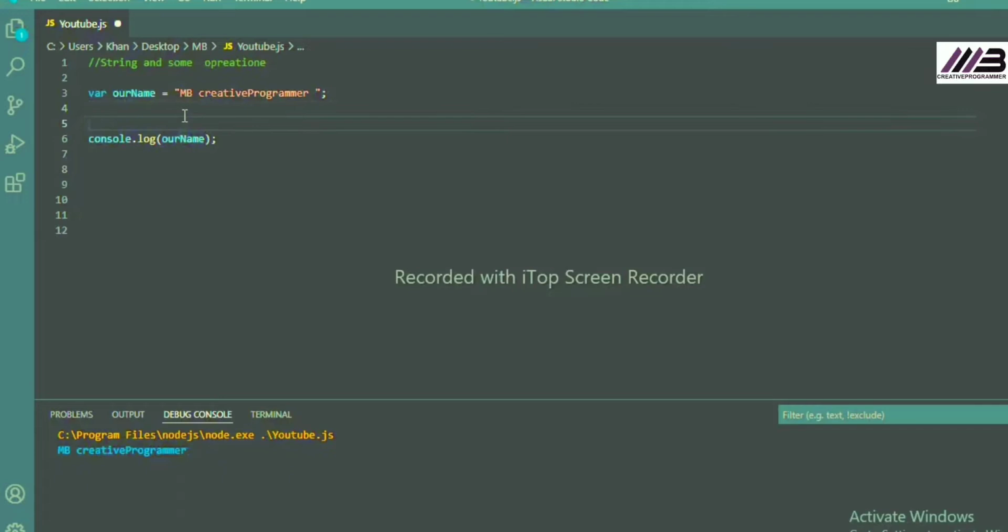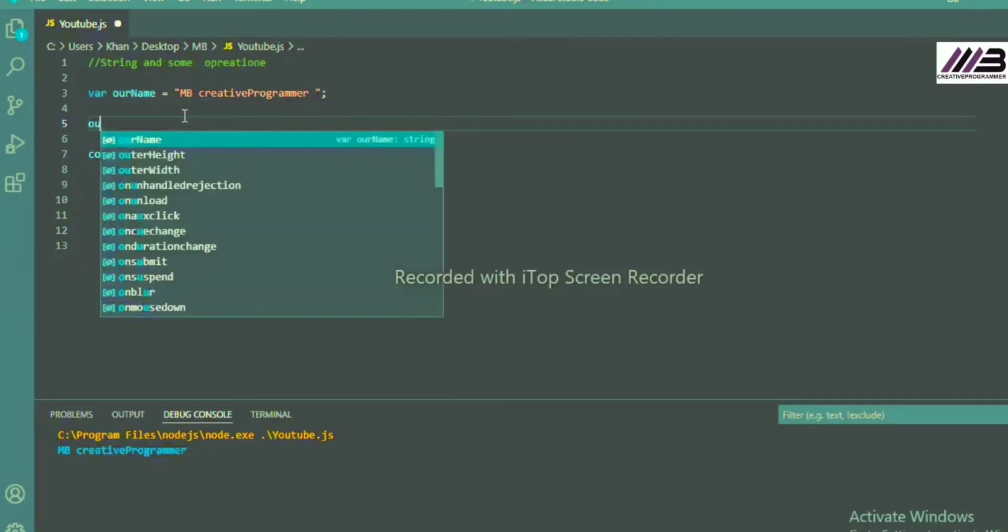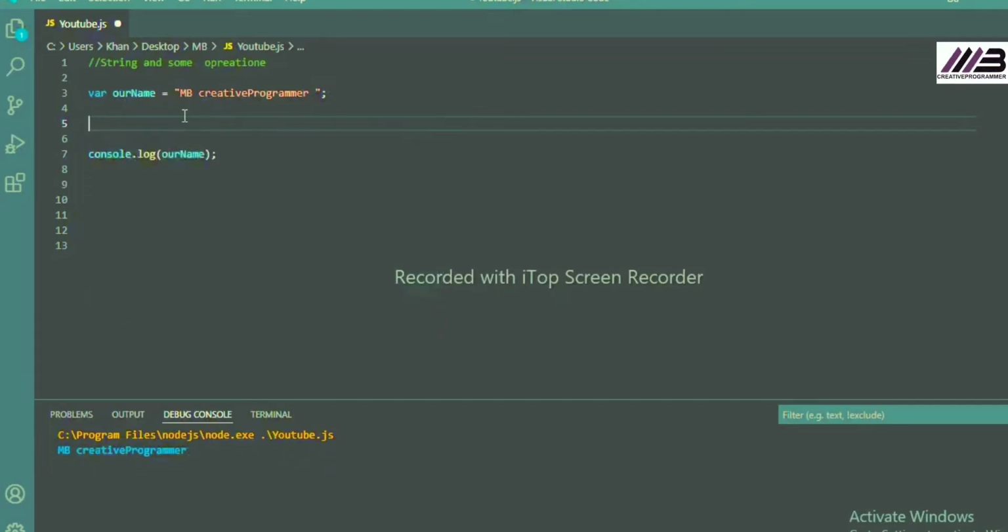First, we have to do concatenation. A string can be concatenated with a number, or a string can be concatenated with the next string. So how can we concatenate it? We'll write an example of string concatenation. First we will do it with numbers. We'll assign it to something like A, and after A we will write our name, and with our name we'll assign it MB creative programmer, and we will say that